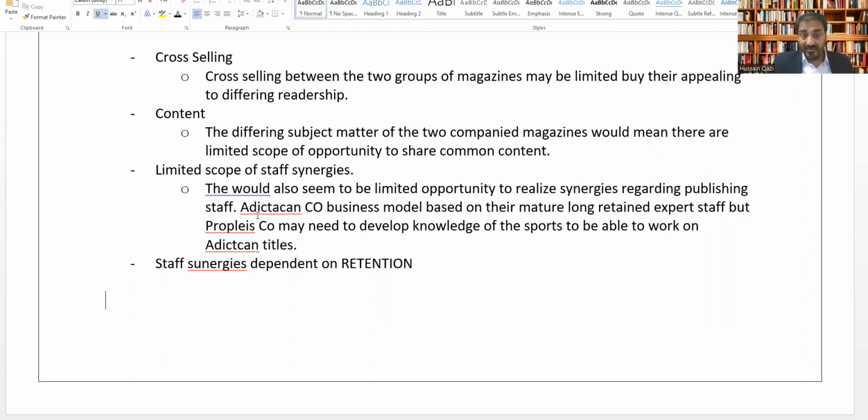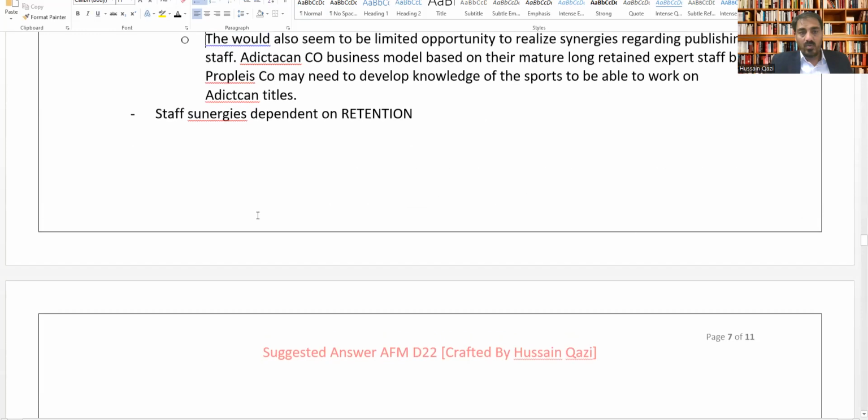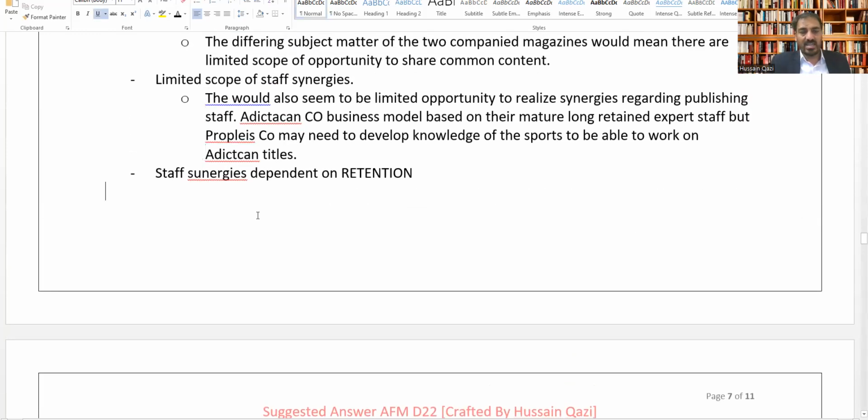That is a difficulty they will face. One extra point, if I can say that, staffing issues may represent